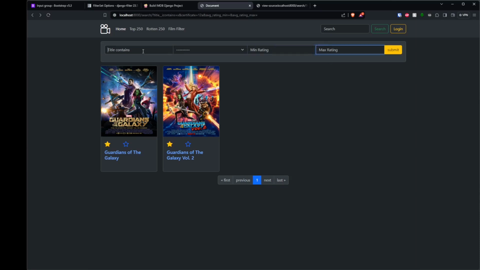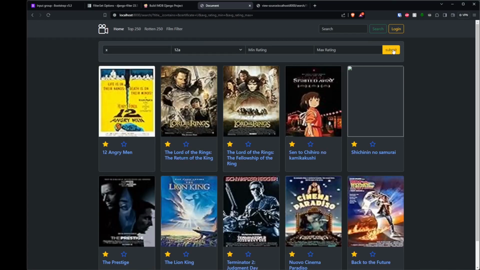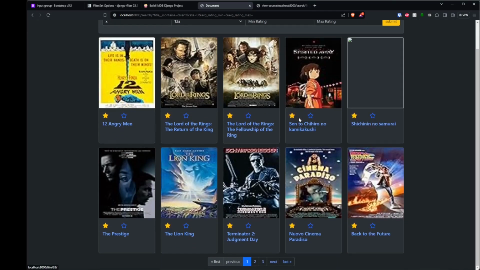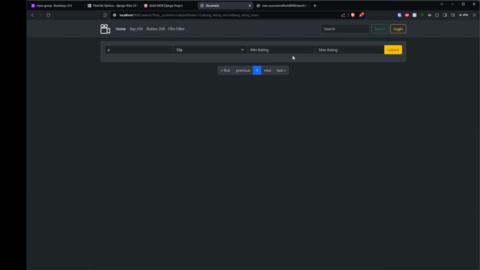And does it work though? So let's say if we were to search for Die Hard, it does work. Okay, so now if I was to search for films that are U, get X, it does work. Okay, here's what's not going to work. If I was to go to any film, and let's say for example I was to search for a minimum rating of 6, it's going to give me no results at all. The reason why that's going to happen is because every single film that we have here